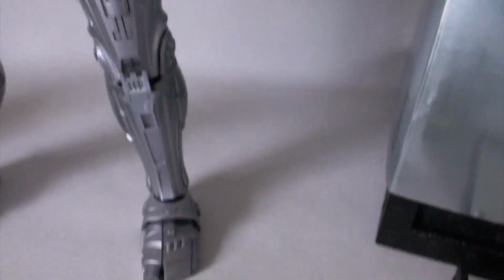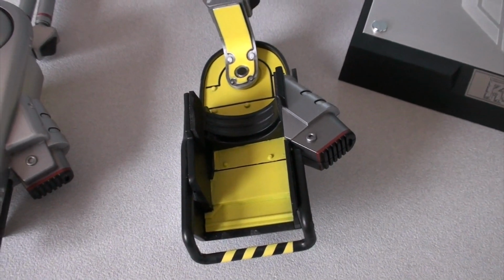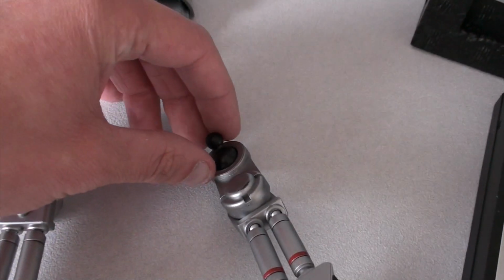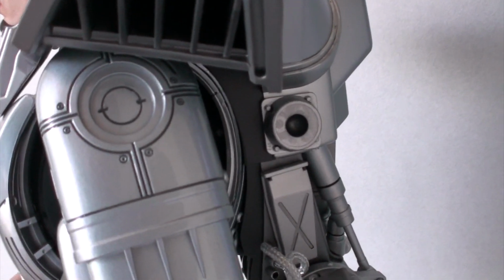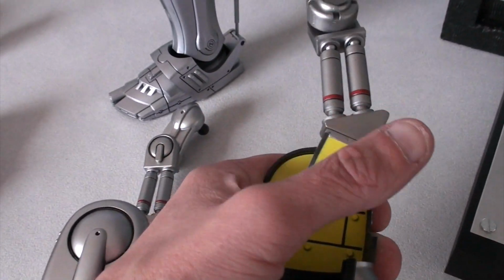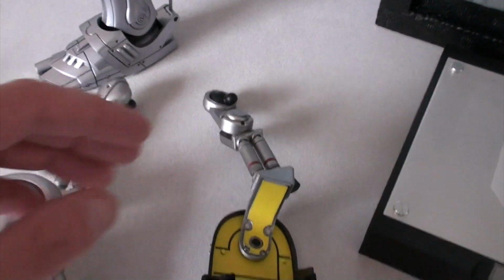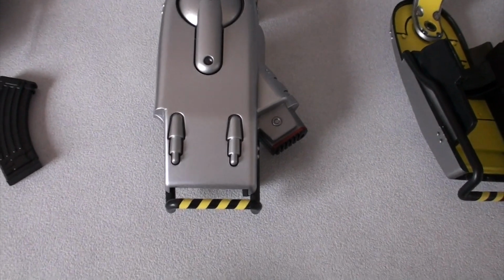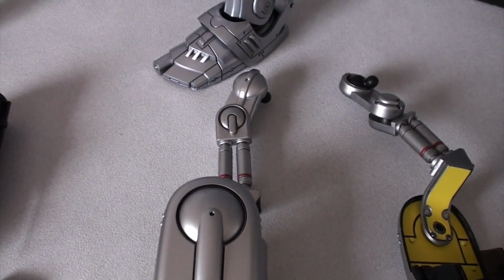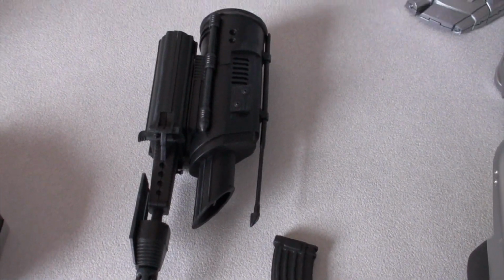Okay, moving on to the pieces that attach to the jetpack. They attach here and around on that piece of the figure, and again they go along onto the arm. They move on a ball joint all the way around. This piece here moves as well, so you get a bit of articulation in it. Personally, I'm never going to pose this with the jetpack. I've just got it like this as it's come out of the box to show you guys for video purposes. You get the gun that goes over the arm